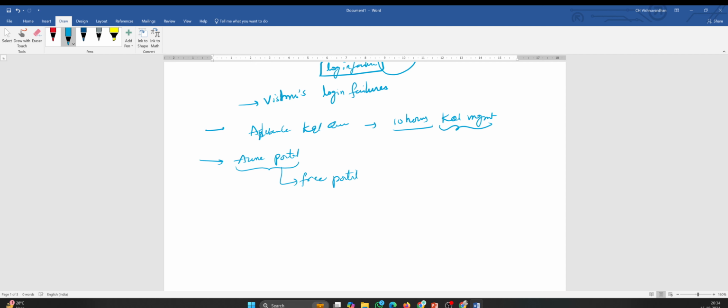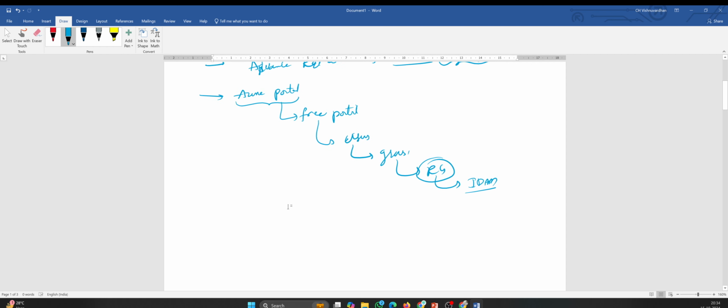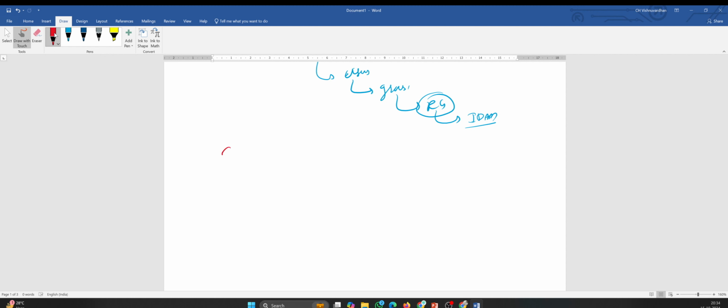free portal, most important. Then we'll tell you how to set up your users, groups, resource groups, RG. We can also cover how to put some IAM management, identity and access management, this particular access control. Then first we'll create a training lab. In the training lab, we will set up the LAW. That is what I said first. This is my base.